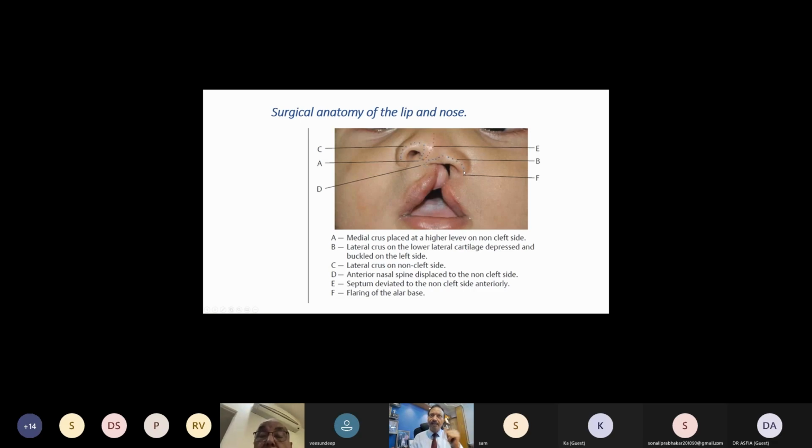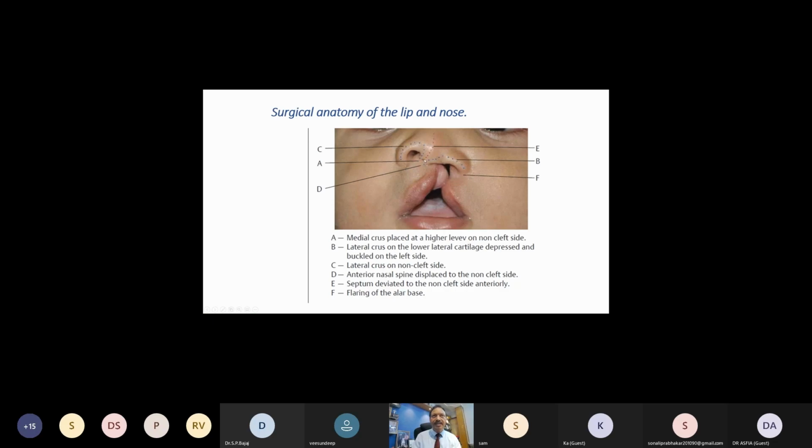And I will show you this again. So if the cleft is complete, there will be more deformity in the nose. If the alveolus is also cleft, even more deformity. If the cleft is wide, even more deformity. And then the muscles are abnormally attached. All the muscles are attached here at the base of the columella, and they are pulling the columella towards it. So the base of the columella is deviated towards the